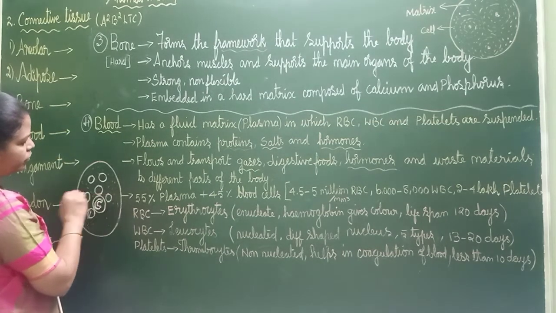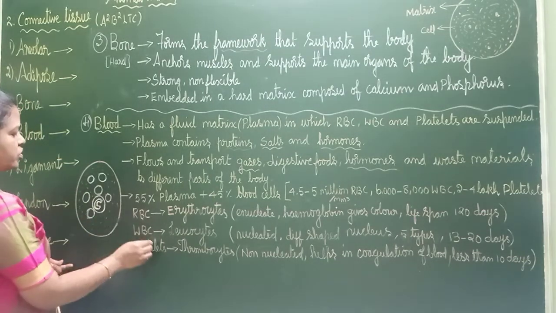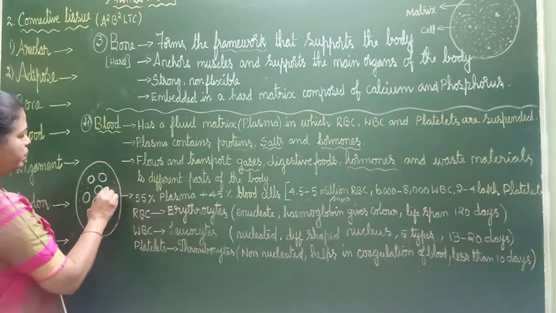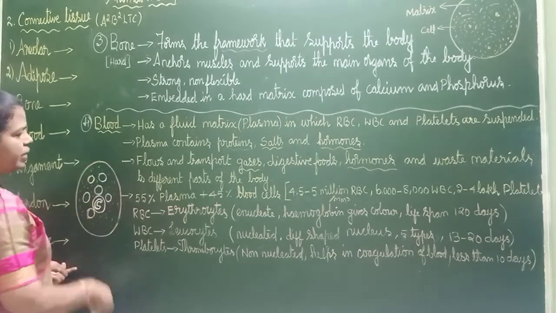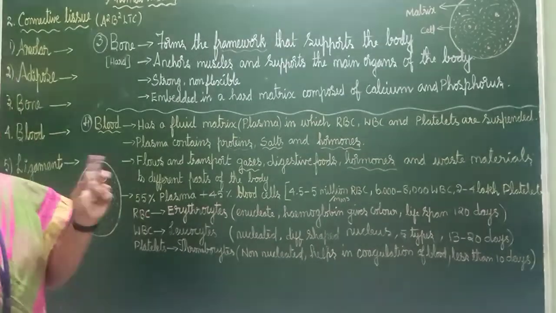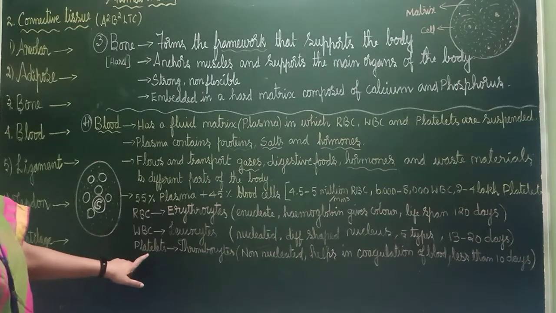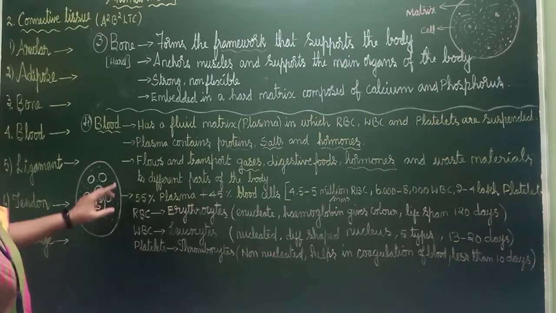We also have 4 more. I'll explain it to you later. And then also thrombocytes, small platelets are also seen. Here and there, platelets. Because the number is more. How many? 2 to 4 lakh. This will be in lakhs, this will be in million, and this will be in thousands. So this is all about blood.